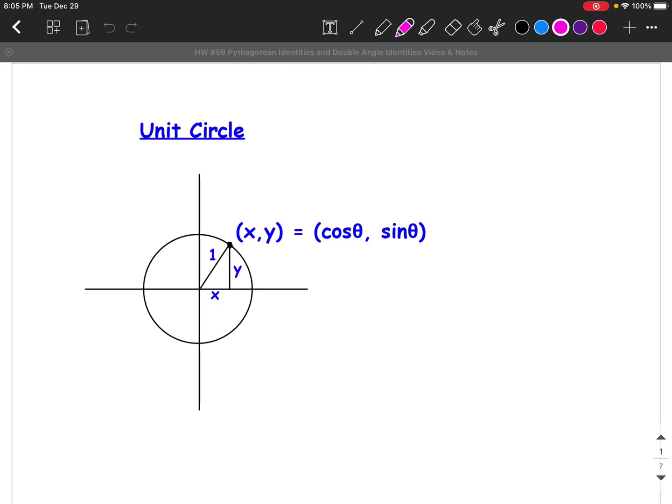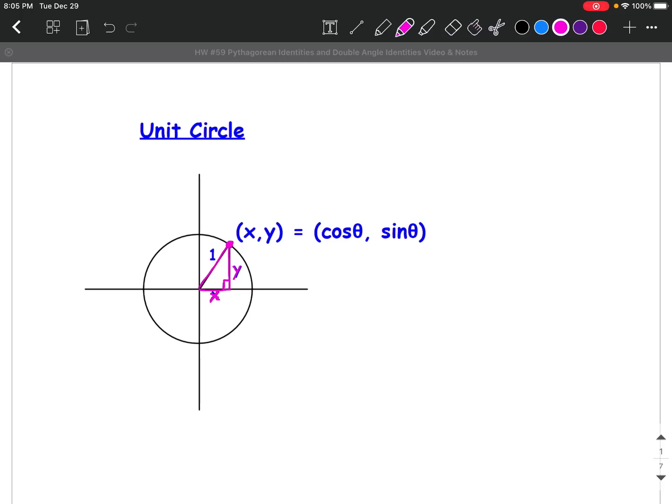Hi guys. So I want to talk first about the unit circle today. I just want to bring your memory back. Remember that a unit circle has a radius of 1, and if we drop this perpendicular down to the x-axis, remember that makes a right angle, we know that the length of this side is y because it's the height, and the length of this side here is x because it's how far along the x-axis that our particle has moved. So the coordinates of this point here are x, y,